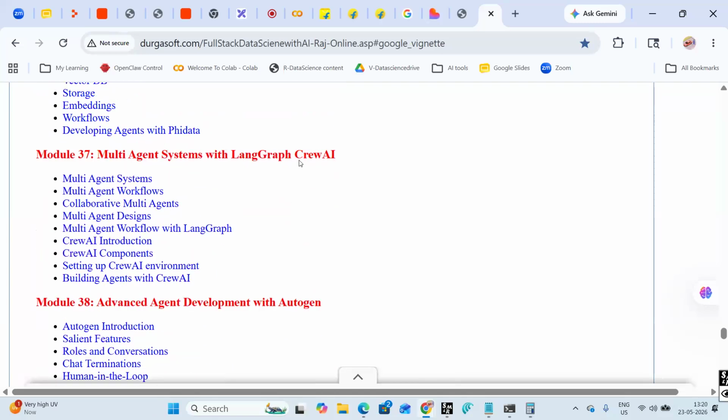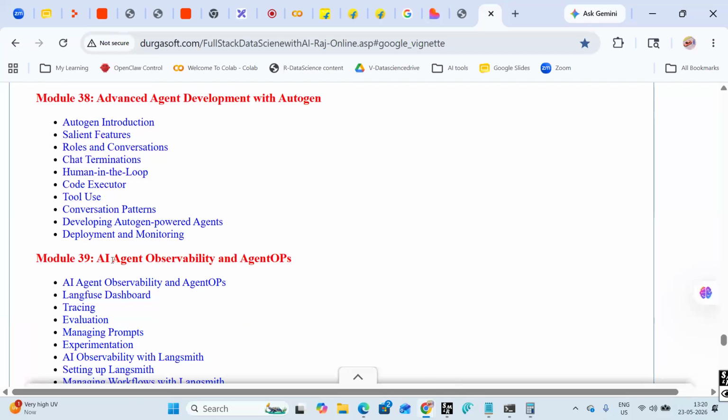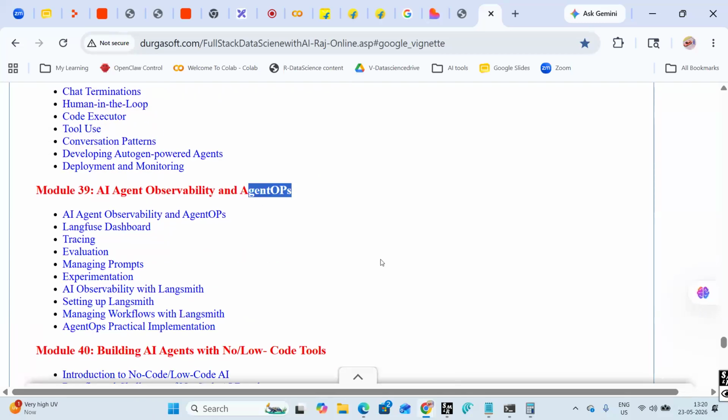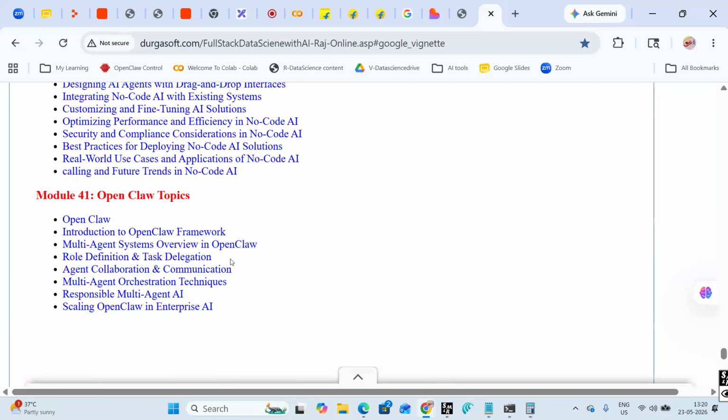CrewAI is one of the open source tools that we will learn, and advanced agent development with AutoGen, also an open source tool. Then observability and agent ops, building AI agents with no-code low-code tools. And one more open source tool to develop agents is OpenClaw.